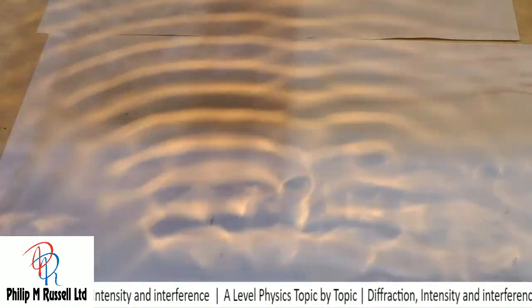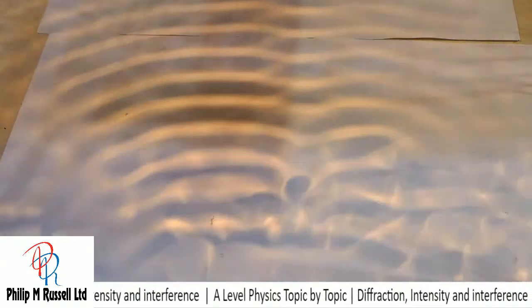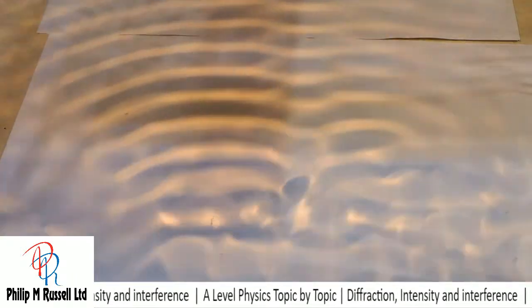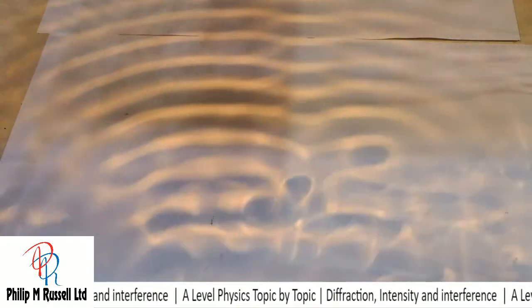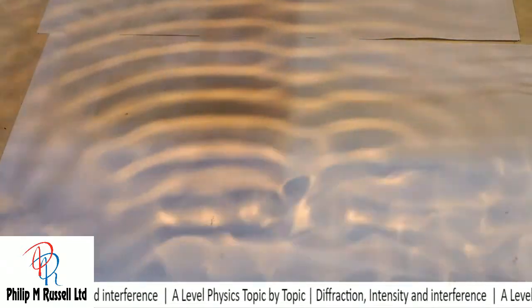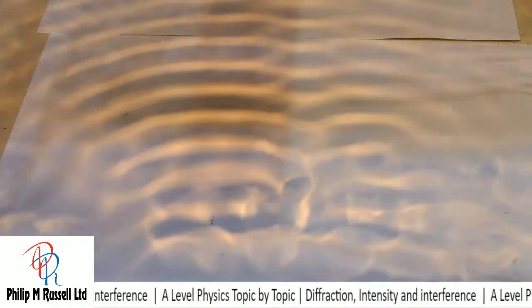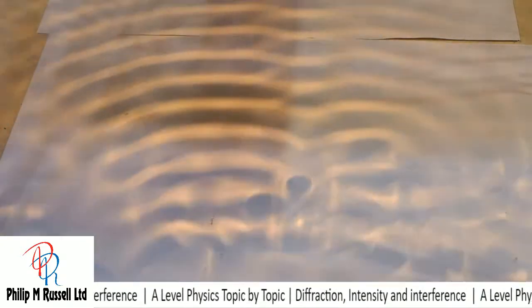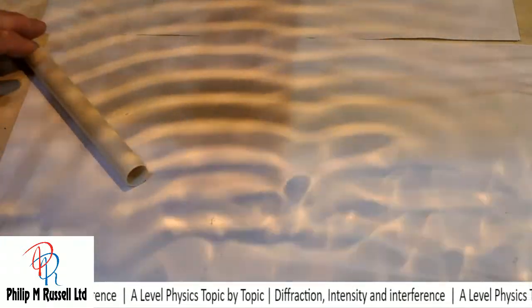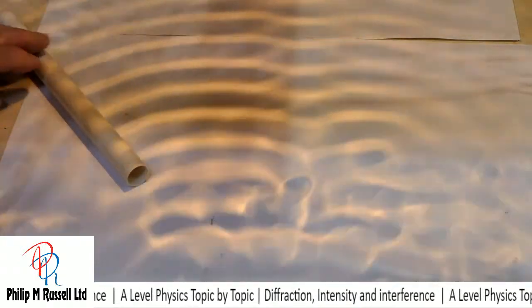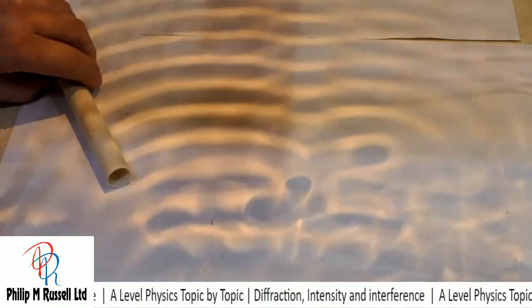You get an artifact of the camera working, and that sort of makes it look like the waves are going sort of inwards rather than outwards. But we can see some places, like here, we've got something happening there, and